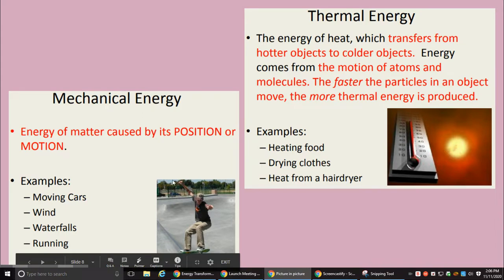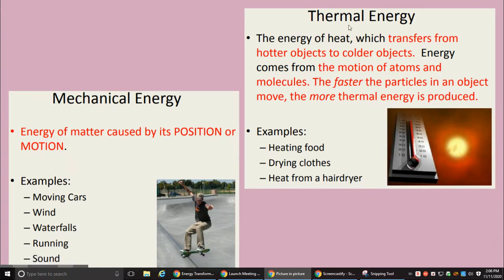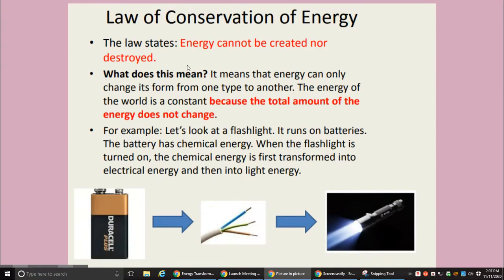There's mechanical energy, which is the energy of motion. So anything that moves: moving cars, wind, a waterfall, running. Thermal energy, think of heat, which transfers from hot objects to cold objects. Some examples would be heating food, drying clothes, heat from a hairdryer, all thermal